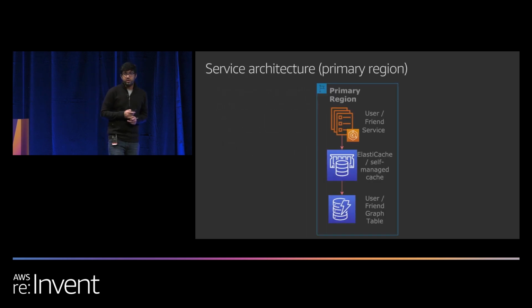So let's go even deeper into what our stack looks like. Let's first talk about what it looks like in a given region. So our service is hosted on EKS, so that's the top box in the diagram. Our data is hosted in DynamoDB, and all access to that table is fronted by a read-through cache. So this could be either Elasticache, Redis, or it could be any other custom cache hosted on EKS as well. So that's what it looks like in our single primary region.